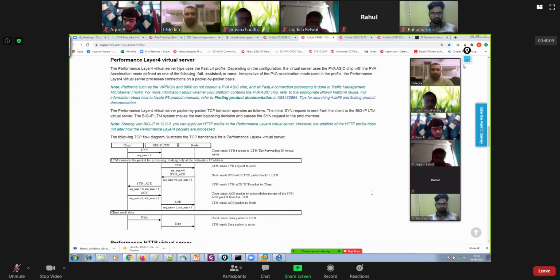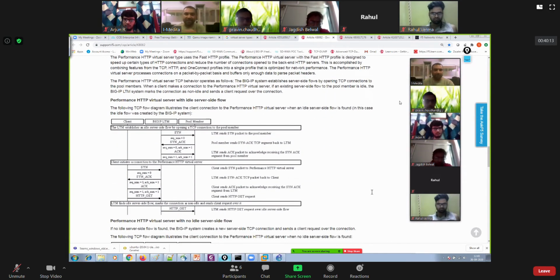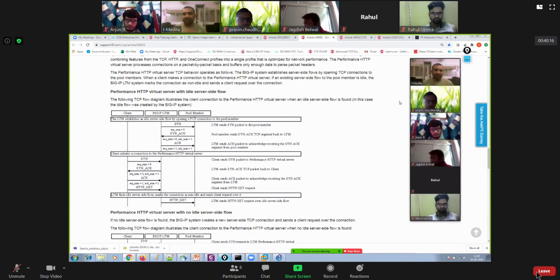Now, if you scroll down, performance HTTP is also kind of the same, but yes, this time it is maintaining two separate connection tables. It's not like performance layer 4, right? I mean, it's a little different than performance layer 4 because it is maintaining separate connection tables with the client machine and with the pool members.